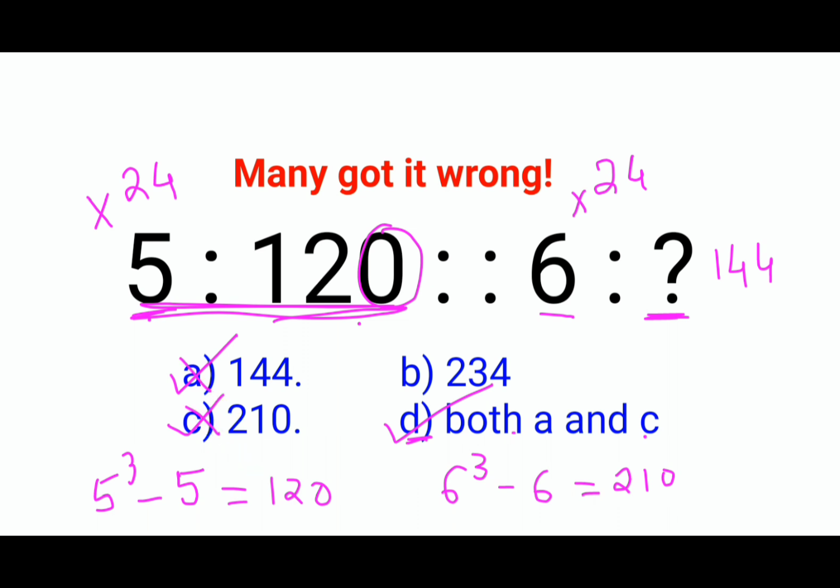Now please understand, you might have a doubt that if they had just given you one answer, then yes, that would have been the correct option. But in this kind of scenario, they have given you an option which has both A and C. So you need to check whether A as well as C, both of them get you an answer.